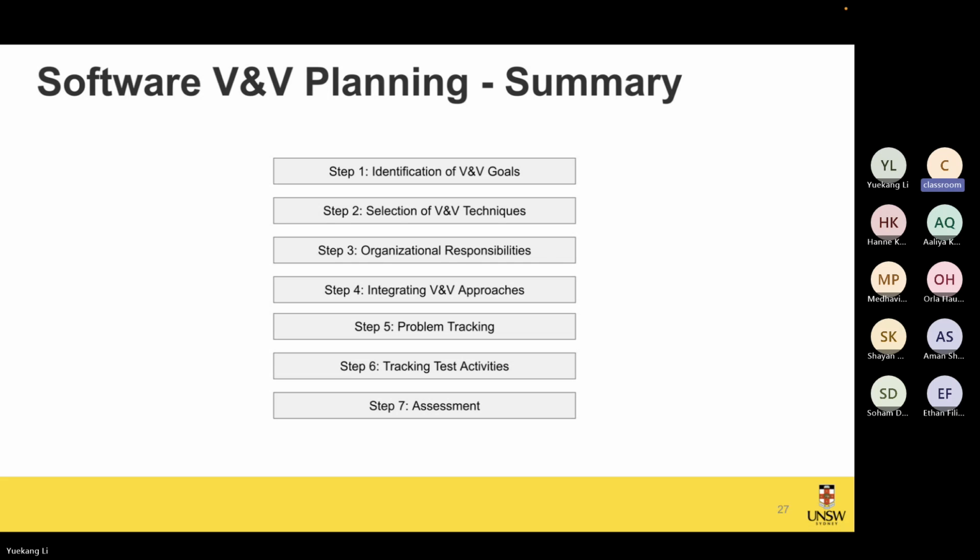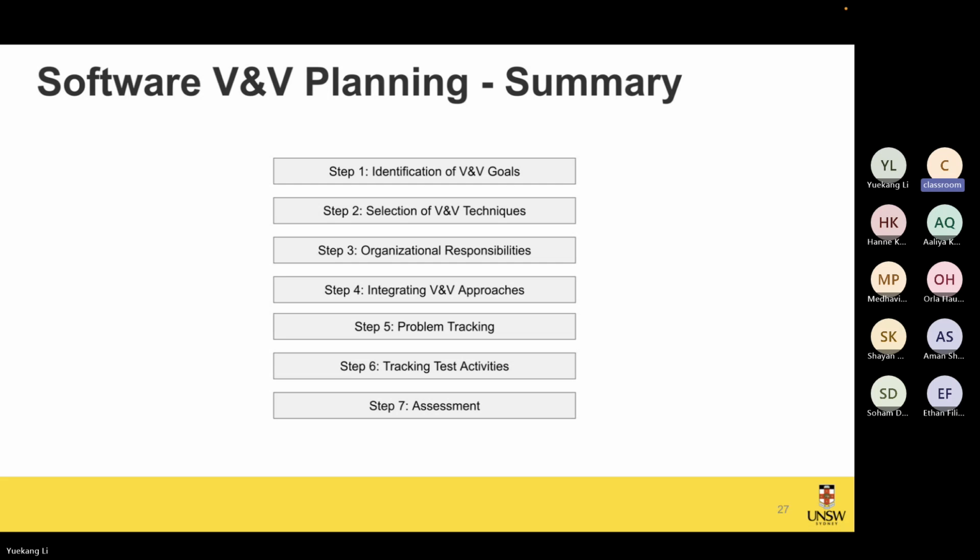So this is a quick summary of the 7 steps. We need to identify goals, and once we have the goals, according to different goals, we can try to select different techniques, right? And we just learned the differences and the advantages and disadvantages of different V&V techniques earlier in this lecture. After we have selected the suitable technique, we need to distribute the tasks among different teams. And then after we have settled these 3, we need to actually use these approaches in the software